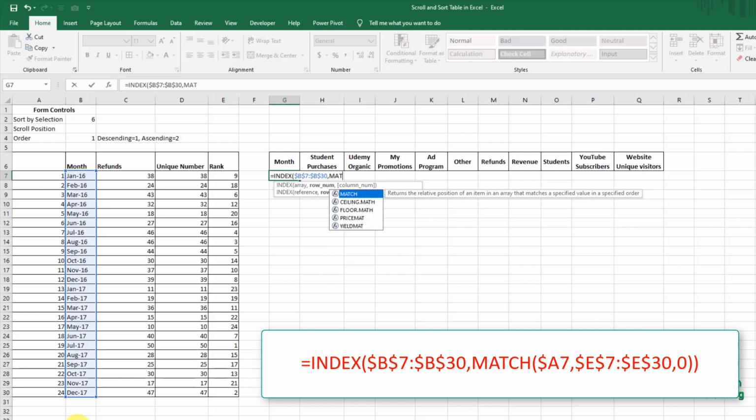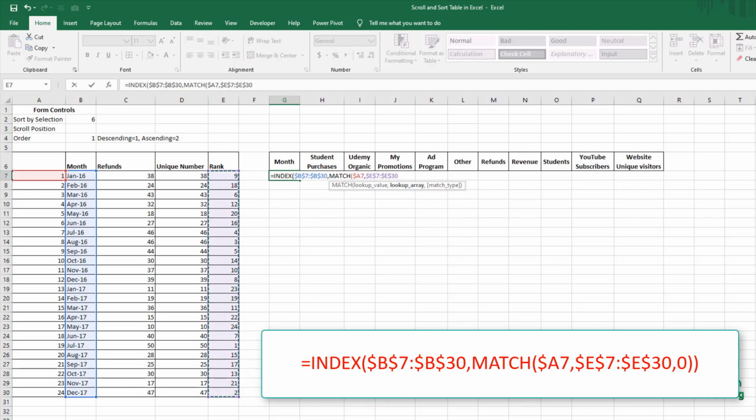For the argument row number, we are going to use match. Match the value in A7 with absolute in A, which is 1. The lookup array is the rank column from E7 to E30 with absolute reference, and we want the exact match, 0.